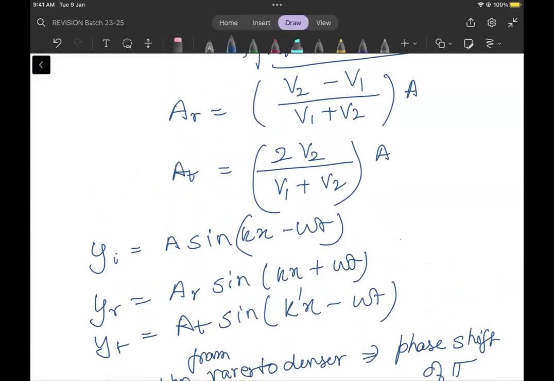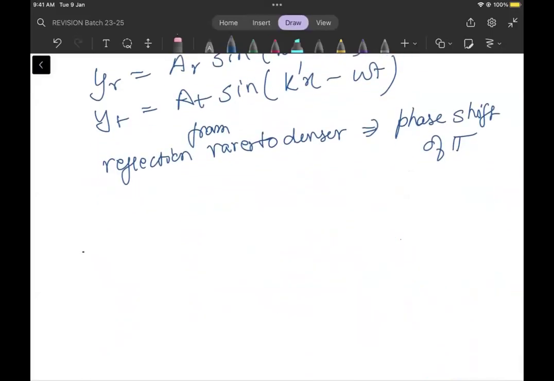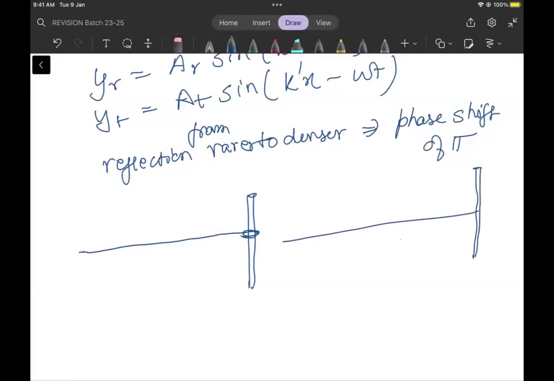तो वेव ऑन ए स्ट्रिंग अगर जाके फ्री एंड पे रिफ्लेक्ट होएगी तो वो बिना फेज शिफ्ट के रिफ्लेक्ट होके आ जाएगी. सो फॉर एग्जांपल, इफ वी हैव ए स्ट्रिंग व्हिच इज कनेक्टेड टू ए पोल लाइक दिस, and if we have a string which is fixed to a pole like this, then here this represents denser to rarer, because हम oscillation allow कर रहे हैं, and this represents rarer to denser because right hand side में boundary के string की velocity ही नहीं रहेगी, string ही नहीं रहेगी. तो अगर velocity नहीं है, velocity 0 है, इसका मतलब mu का value infinite हो गया है for all practical